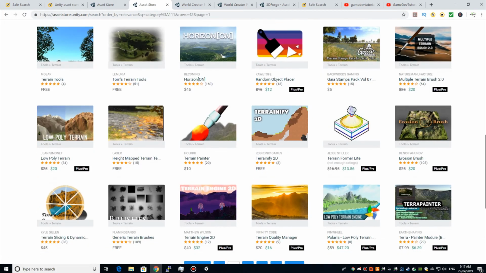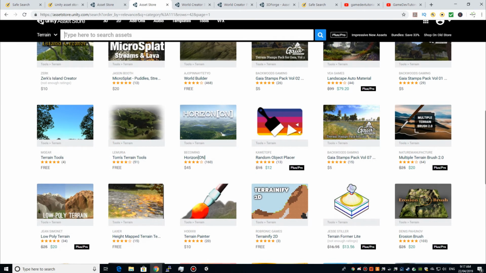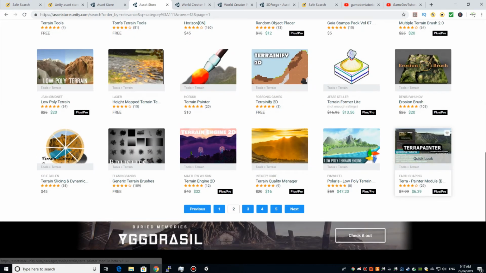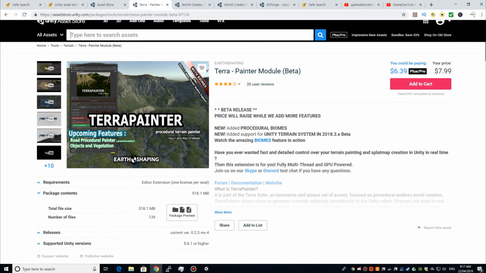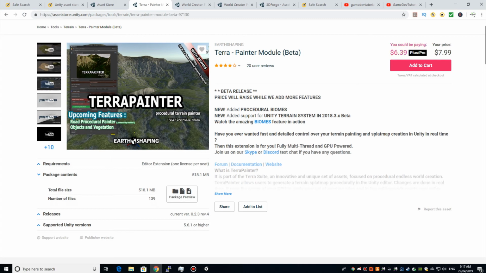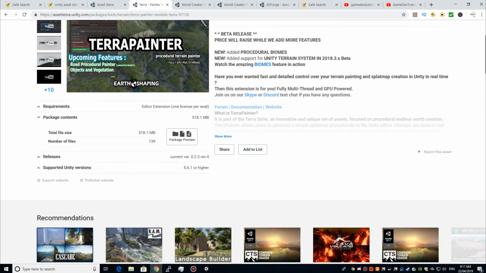So yeah, once again, lots and lots of tools. Oh yeah, Terra Painter is actually another one I was looking at. Oops, I'll just bring that open. So this is a really, really cheap one. I should buy it and use it. I've just been a bit busy with stuff, so